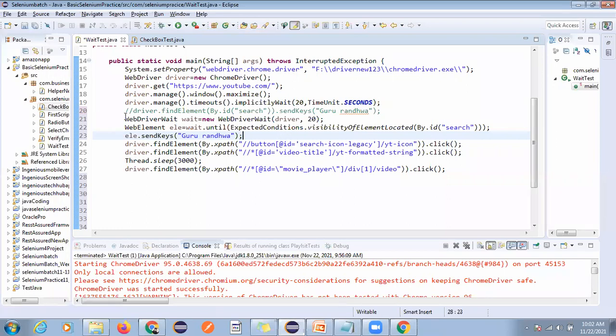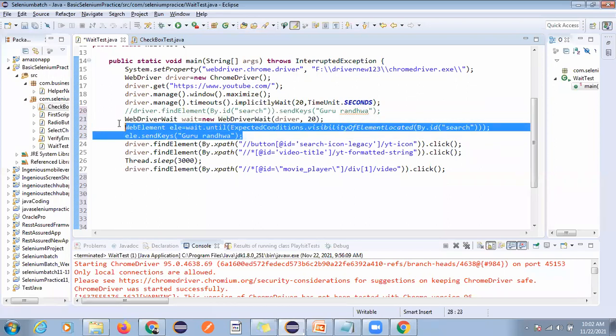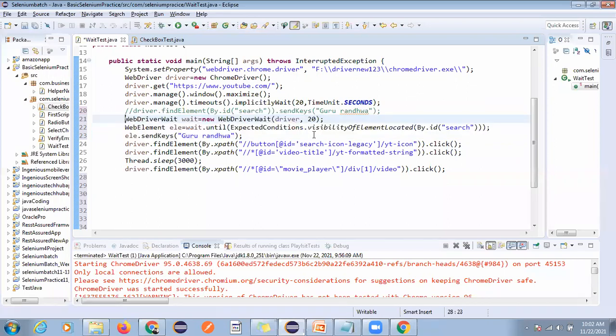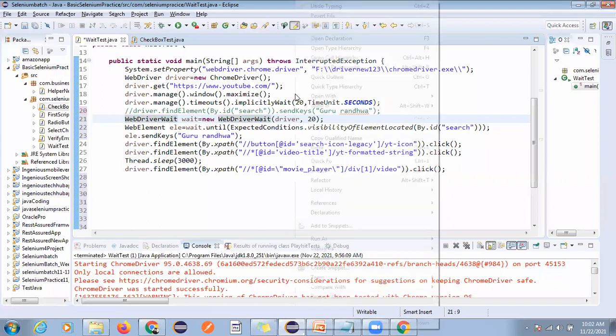Anyone having any doubt till here, like how we can use explicit wait? Let me execute.